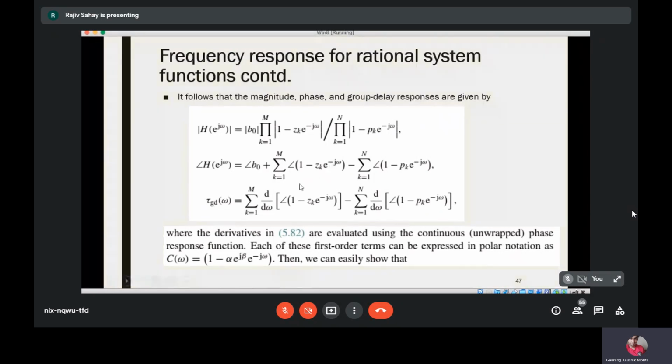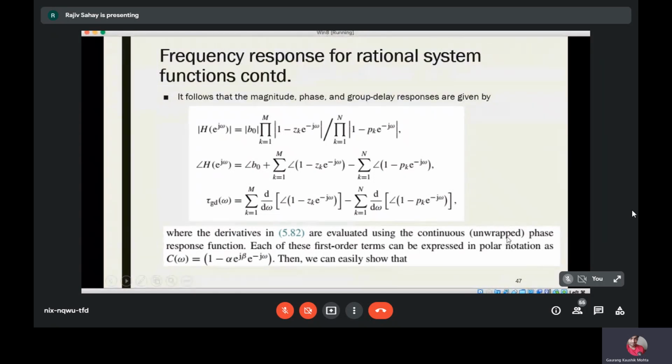Each of these is a complex number, so you take the tan inverse of the imaginary part divided by the real part. You get the phase angle for each of these factors. You will have various zeros and various poles. For each of the factors containing zeros and poles, you can calculate the absolute value and the phase angle. Similarly, you can take out the group delay also, by taking the derivative with respect to omega. Now these derivatives are calculated